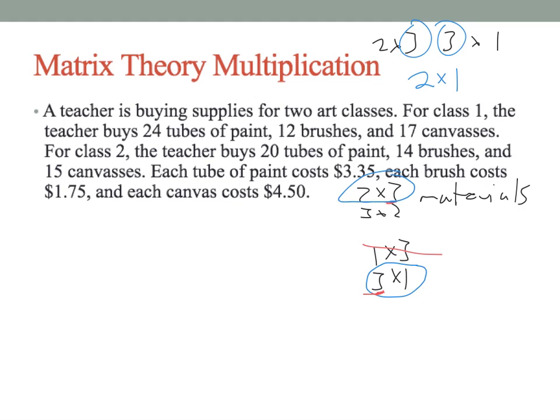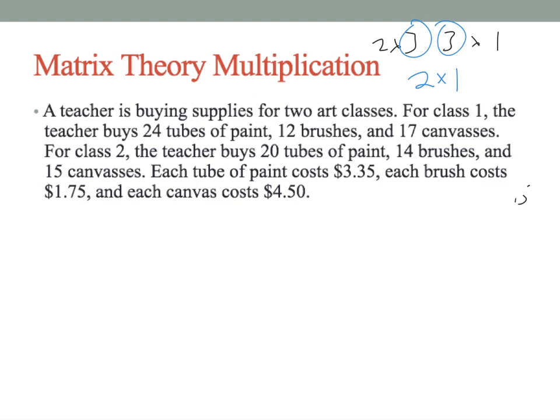So let me go ahead and erase this. We have some room here. So let's list our materials in a 2x3 matrix. So 24, 12, 17, and then we're going to have 20, 14, and 15